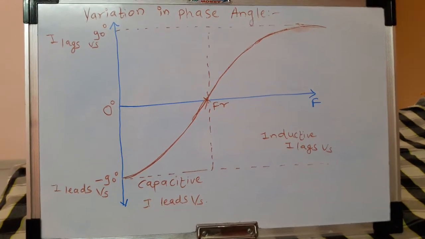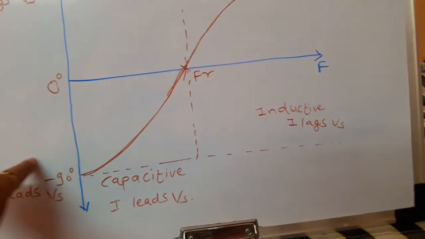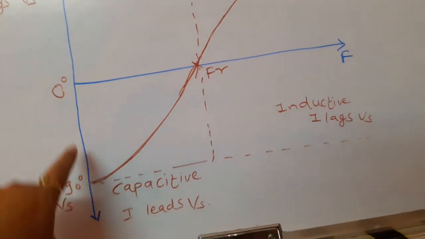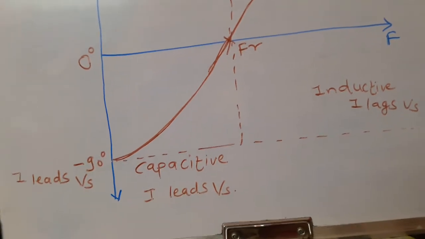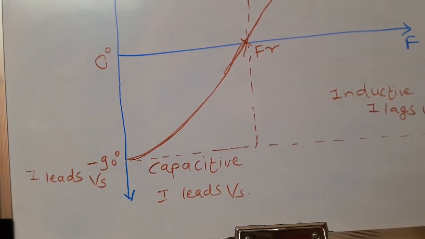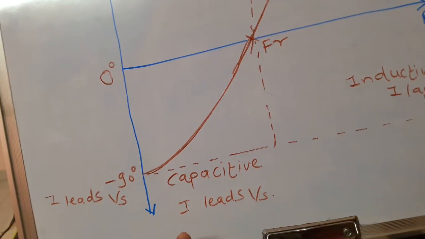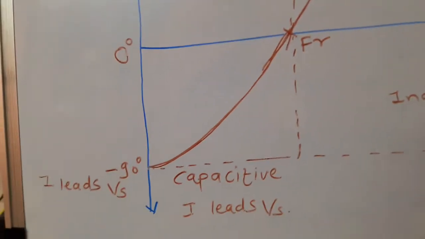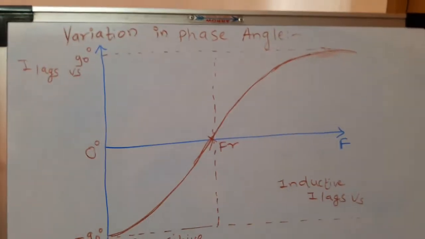If it has negative values, it will have a negative phase shift. So we have covered this negative portion of the graph. This phase difference will be between minus 90 degrees and 0 degrees, between voltage and current. We know that because of the capacitive properties, current is always leading the voltage. So in the left hand side part, that is from 0 to FR, the circuit will be capacitive and current will be leading the supply voltage by a value between minus 90 degrees and 0 degrees. So this phase difference will be negative.